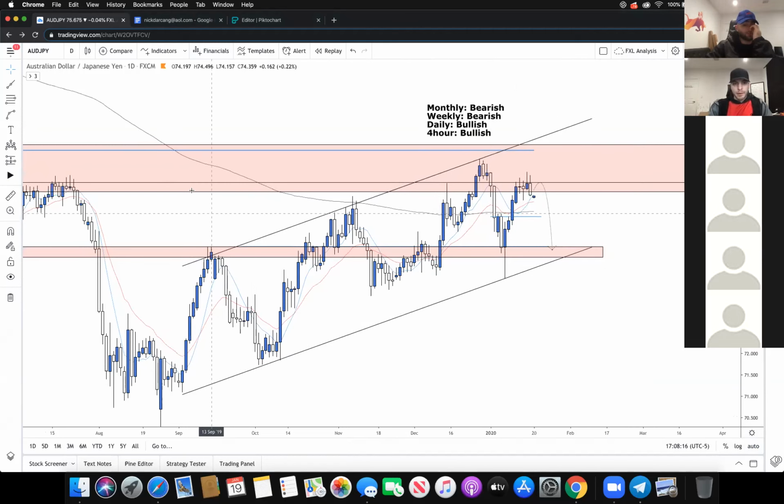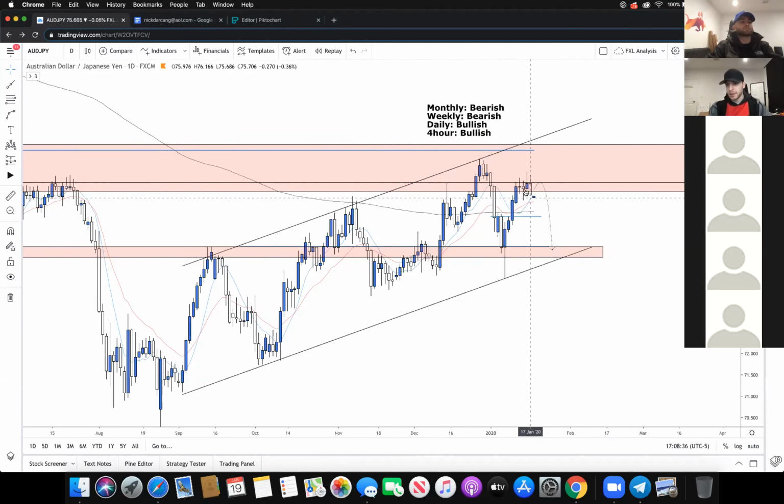Keep going. So here's the daily time frame. The monthly, we went ahead and looked ahead. The monthly and weekly are bearish. So the higher time frames are very bearish, but this daily and 4 hour are bullish. So as we can see, we're on the daily here. It's been bullish since late September, early September actually, forming higher highs, higher lows consistently up until this monthly area,